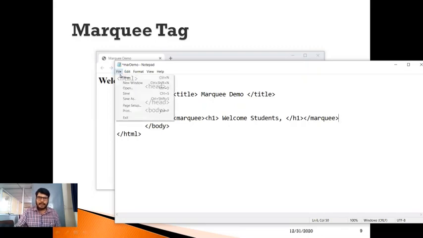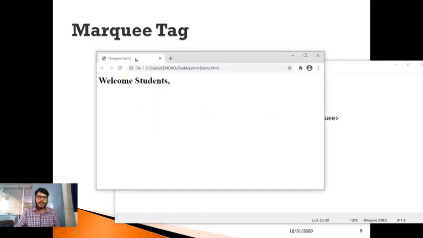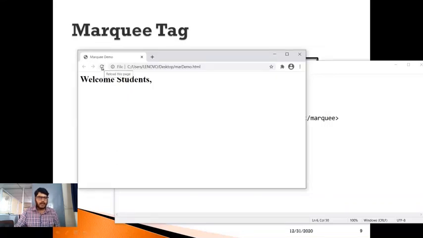So now let me save this, because saving the document is very important so that the reflection happens in the web document. So now I need to click on the refresh button or reload button. If I click on this, you can observe how the changes will happen. So now let me refresh this. You can see my text is moving from right to left now. So this is how we can implement the marquee tag. This will be continuously moving. So you can observe, isn't it? So likewise, we can implement the marquee tag.